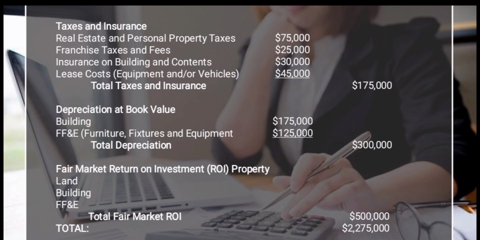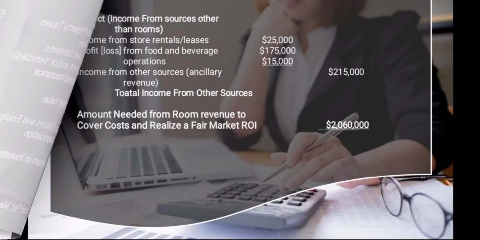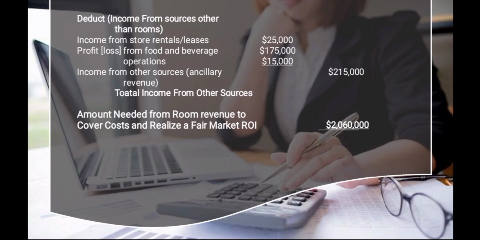Adding all the total operating expenses, which is $1,300,000, and the total taxes and insurance $175,000, total depreciation $300,000, fair market ROI $500,000, we will arrive at a total of $2,275,000. The next step for Schedule 1 of the formula is to deduct the income from sources other than the